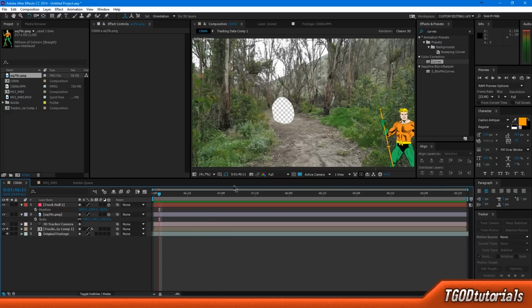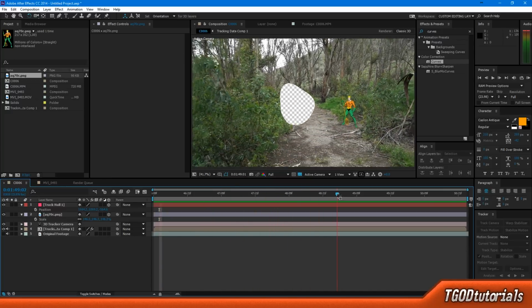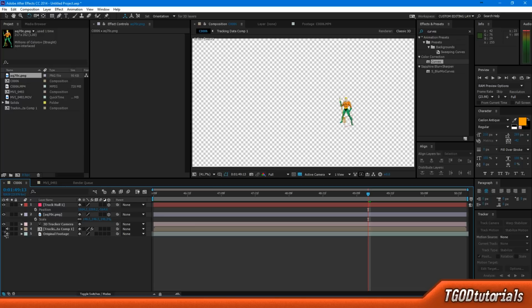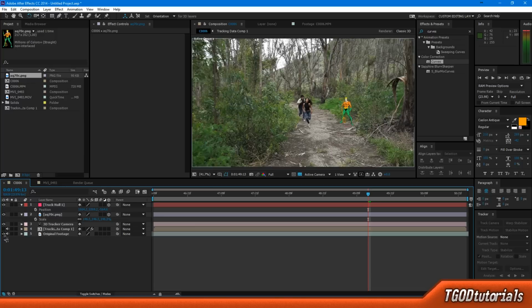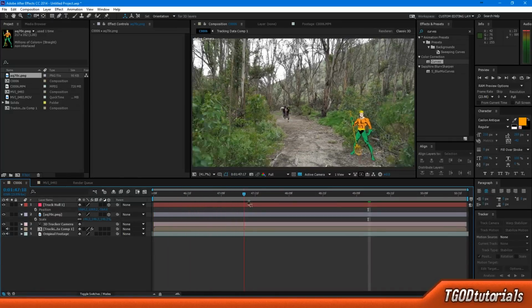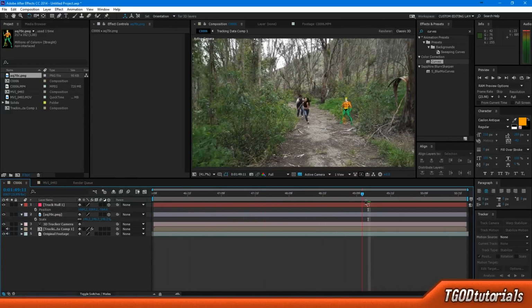He's looking pretty snazzy. So that's all great and dandy, but we still have this tracking thing right here. And I would really like to see the actors, because that's the whole point of this clip. Otherwise, I just would have not bothered with actors and taken this nice scenic clip by itself. So what I'm going to do is hide our tracking comp, and unhide our original footage. And lo and behold, there we have our regular footage with Aquaman there, and he's looking fine as